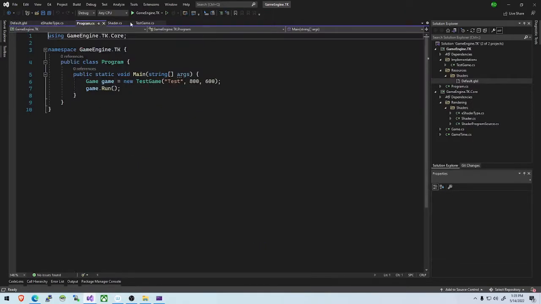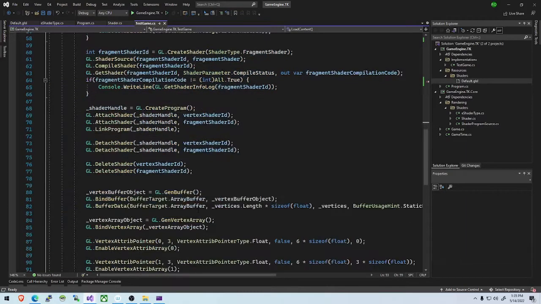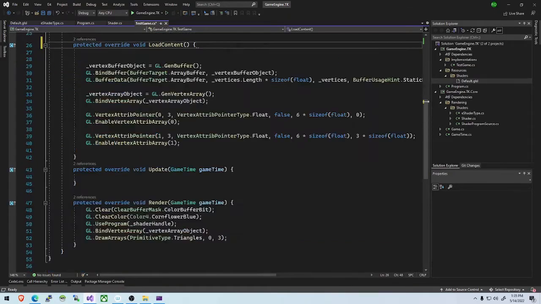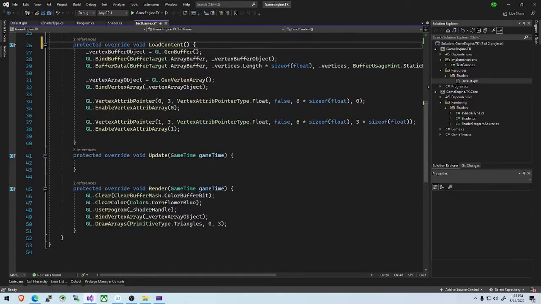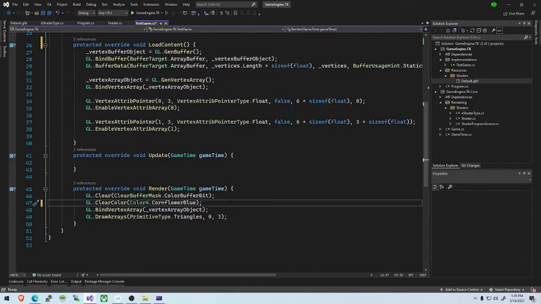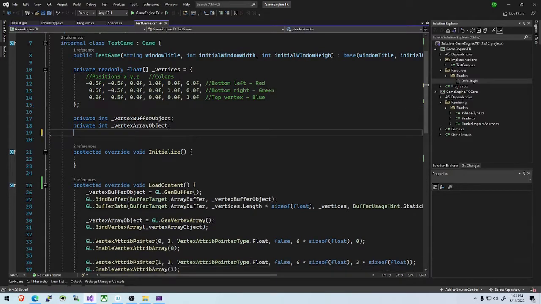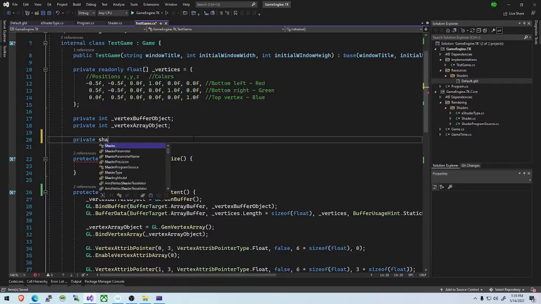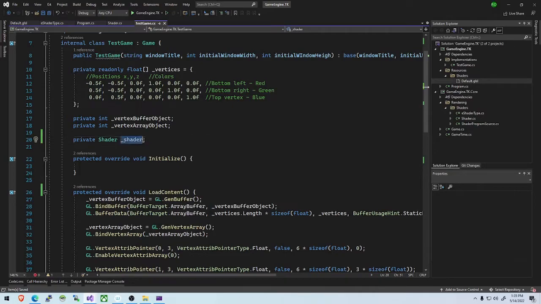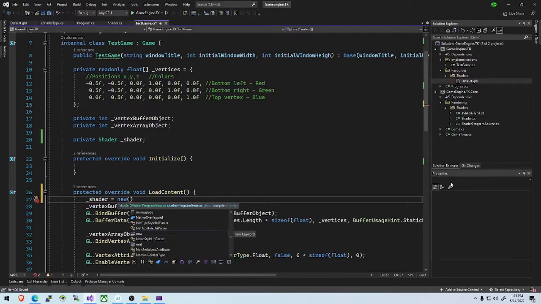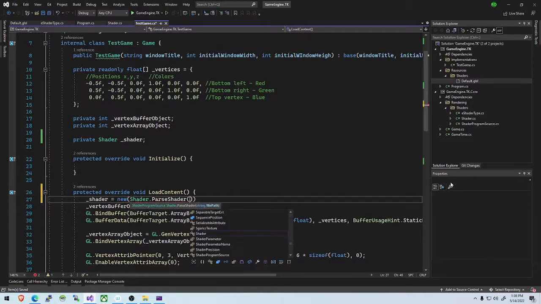So let's go back into our test game, and we can delete all of this code. Let's remove it. And we can remove the use program. We'll eventually call shader, and let's create a private instance of the shader. We can get rid of the handle too. So private shader, and then in our load content method, we'll load it. So we'll do shader equals new, and we'll provide it the shader program source. So we can just do Shader.ParseShader and